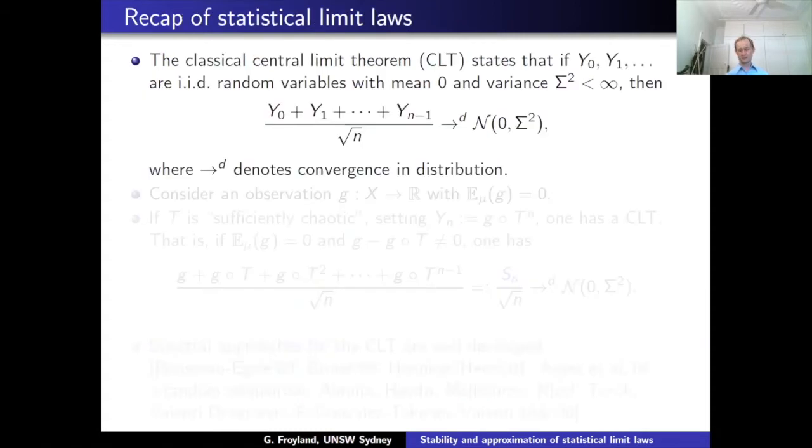All right, so that's the maps I'm looking at. That's a sketch of the transfer operator. And now I want to get onto statistical laws, which is mainly what I'm talking about today. So one of the most well-known is the central limit theorem. And classically, that says that if you've got independent, identically distributed random variables, mean 0, variance sigma squared, and you combine them weighted according to root n, then this random variable converges in distribution to a normal random variable. And we want to make a deterministic version of this.